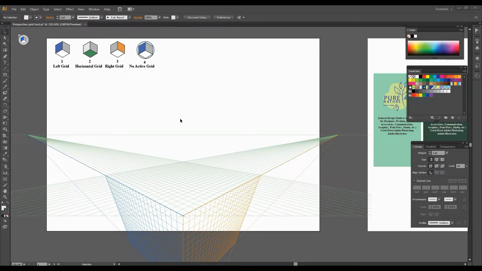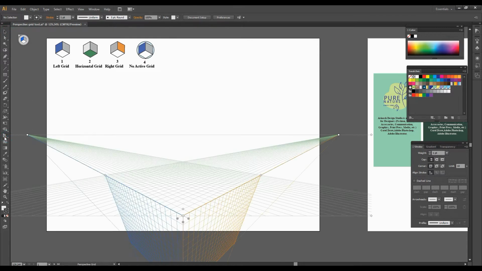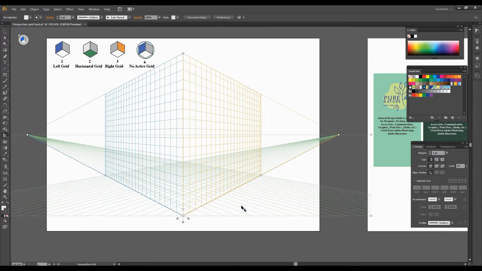Now let's start with some basics of the Perspective Grid tool. So select Perspective Grid, it's invisible right now. Then again go to the selection and Perspective Grid tool, it's a 3-point perspective. We want 2-point perspective. So go to View, Perspective, and click on 2-point perspective, normal view. This is the normal view for learning the basics of the perspective tool.